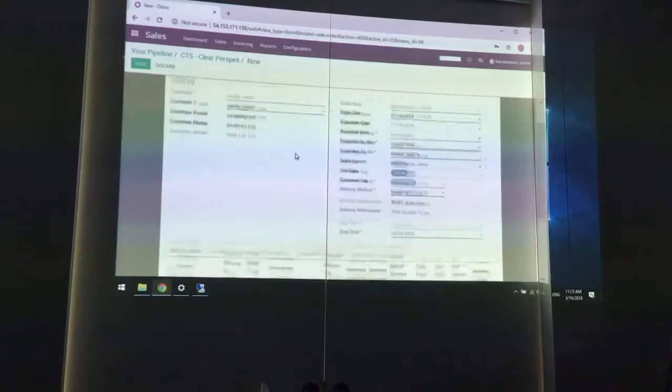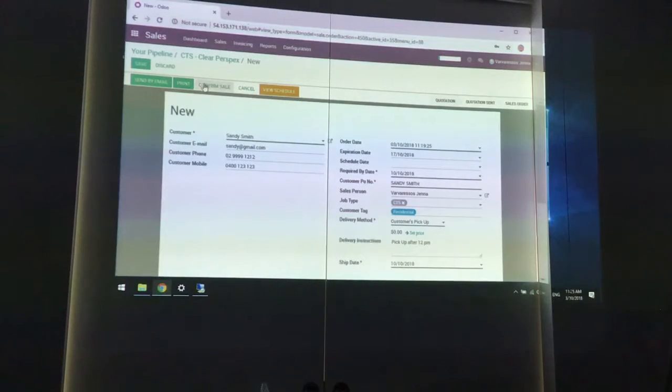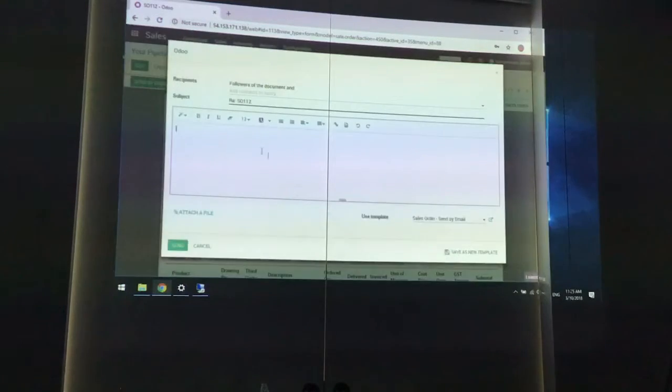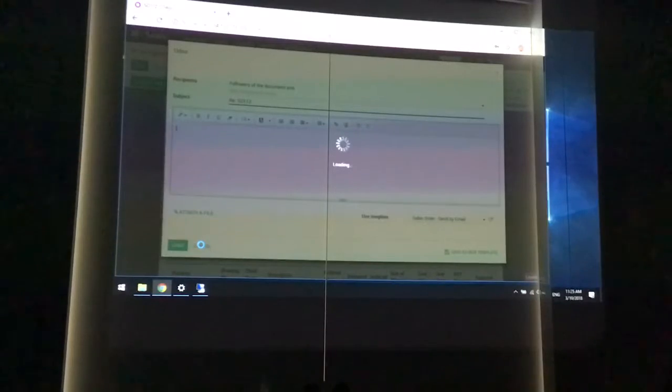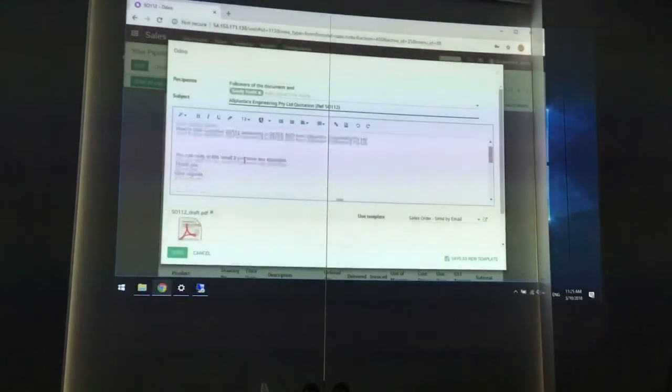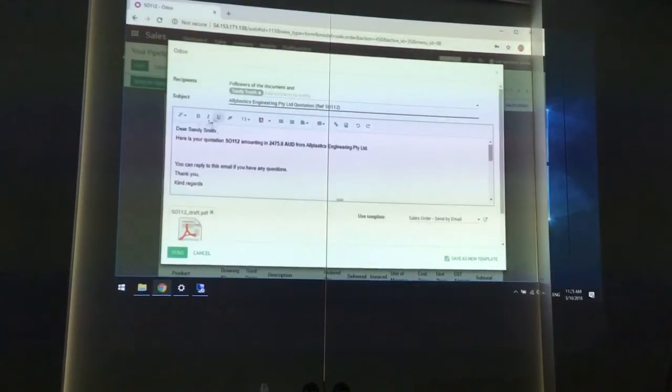Okay, now what we can do is that's been done. So we can save it, send it via email, and it'll automatically use the template, and you